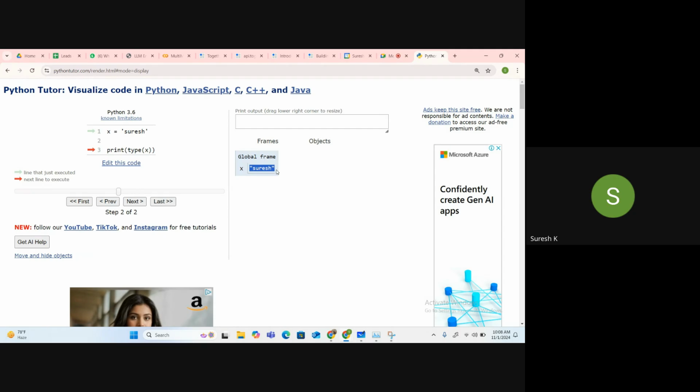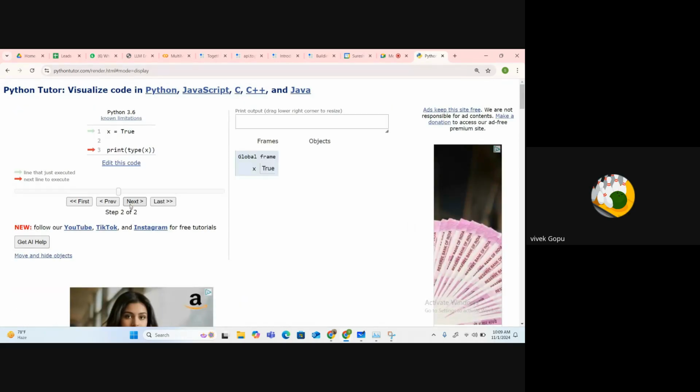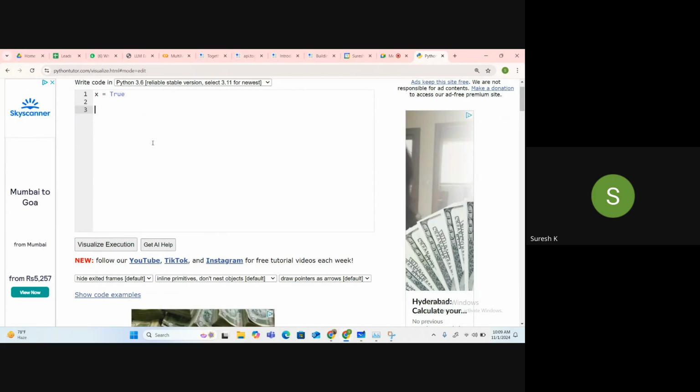Now, what is this? Boolean. Class bool. So this emulator will give you the identification. Now 2 plus 5i.